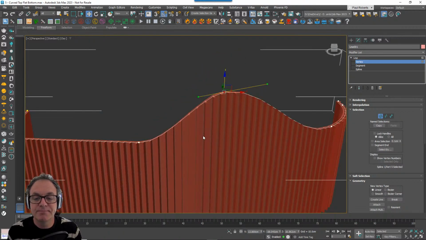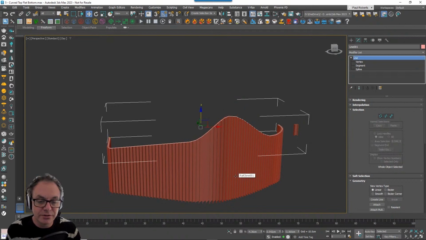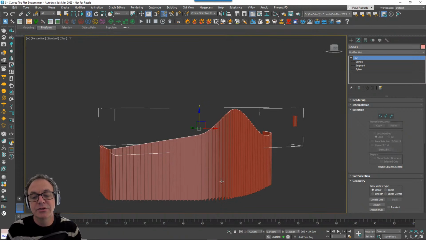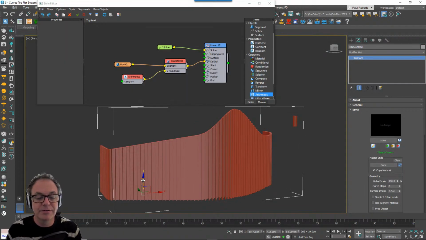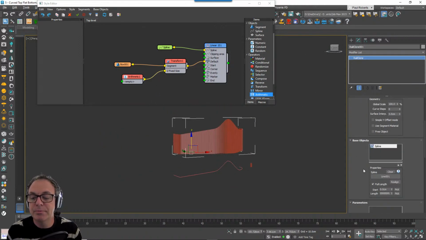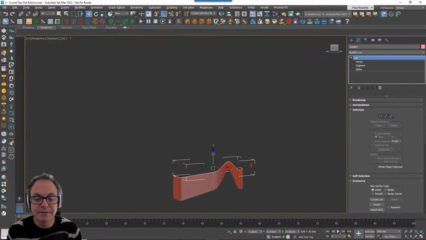Which is pretty nifty. So that's how you can do that, and of course this works the other way too. So if I wanted a curved bottom and a flat top, then you can do that as well. I just need to put the RailClone object's pivot above the spline instead, and then probably just wiggle this spline around to update it. There we go.